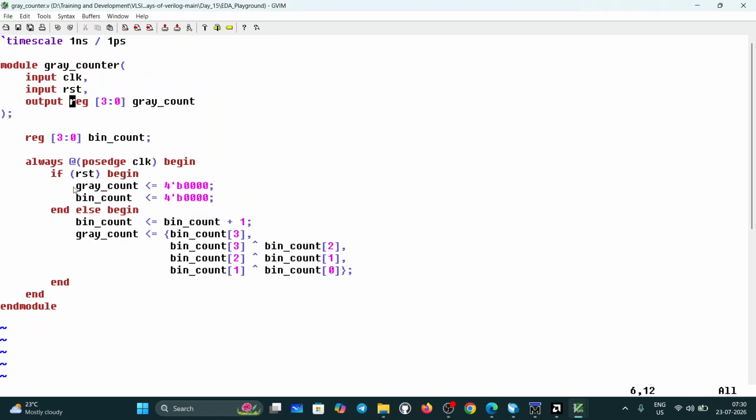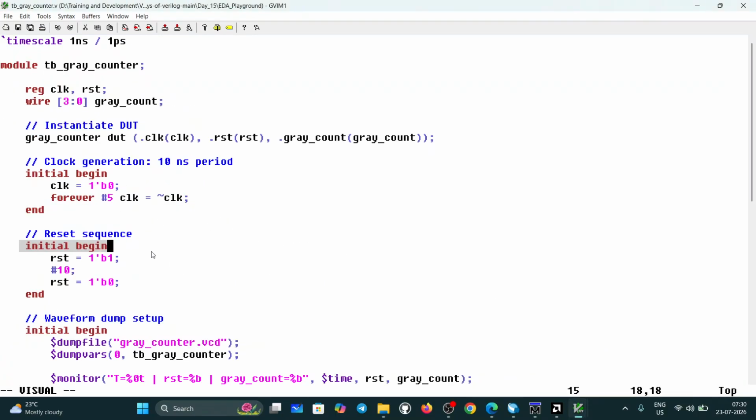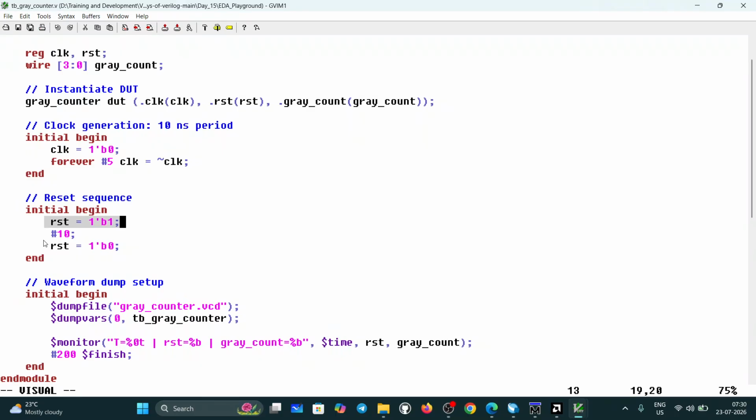So when reset equal to 1, then we are initializing the gray count and binary count to zeros, no initial values. Okay. So here also first you need to initialize the count values. For this I am applying reset equal to 1'b1. After 10 time units, I'm deasserting the reset. Here I'm asserting the reset. After that, I'm deasserting the reset after 10 time units. Okay. And end. So if there are multiple statements, you need to write them between the initial begin and